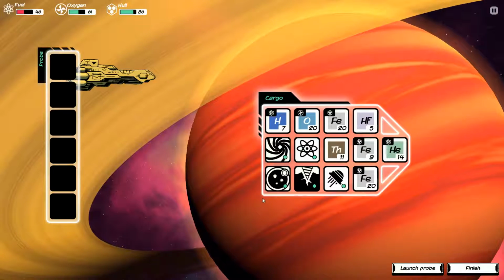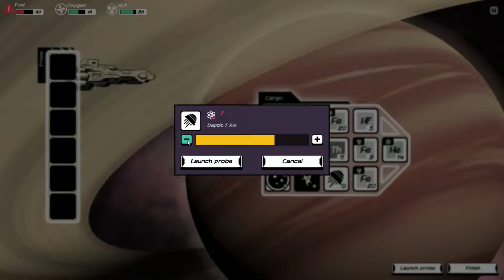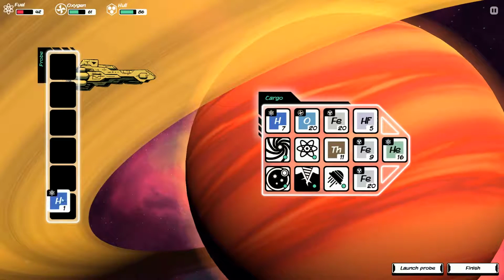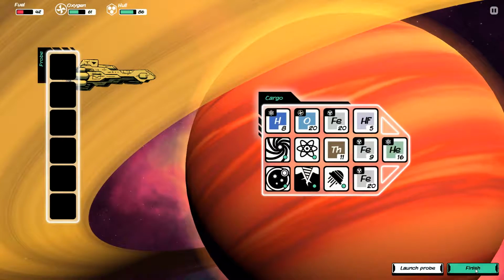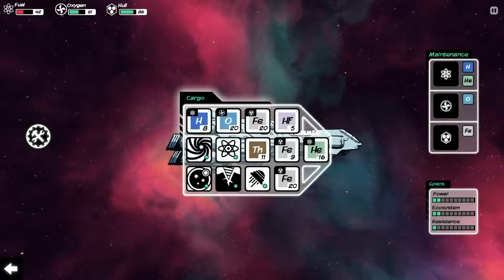Alright, I can launch my probe again. Now, note, by the way, if you launch a probe over and over again, you get diminished returns for it. So, if I go like this again, I should get much diminished returns. So I launched it for a little bit of that, and I only got a little bit more helium and hydrogen for my trouble. But that's worth doing, because I need to get this stuff, so...